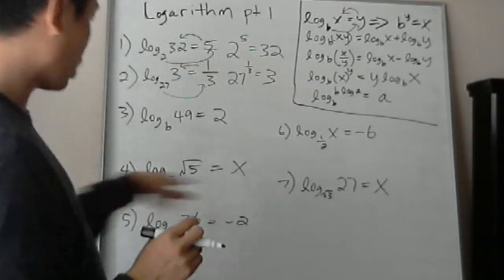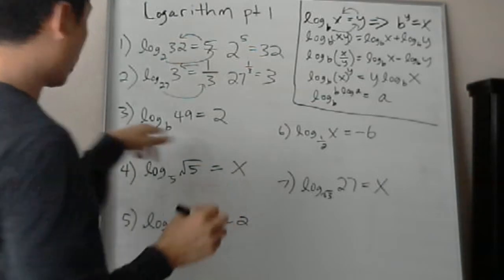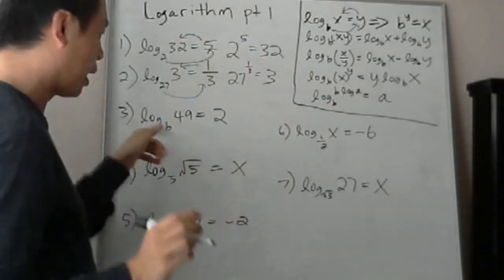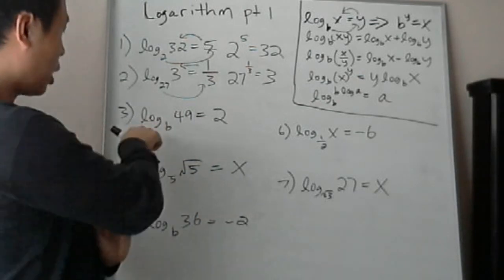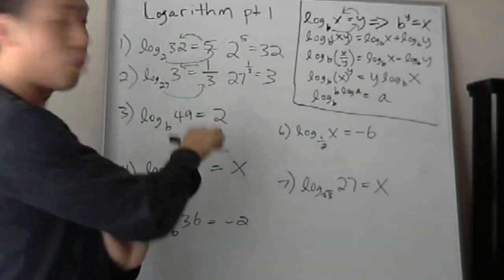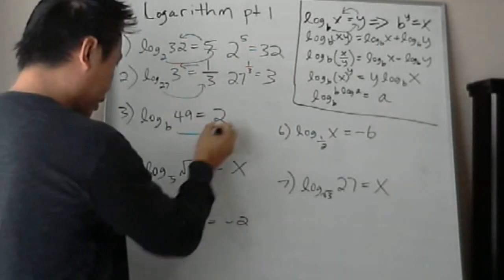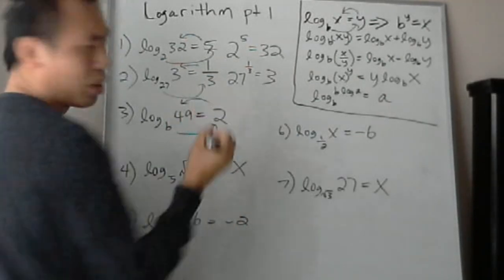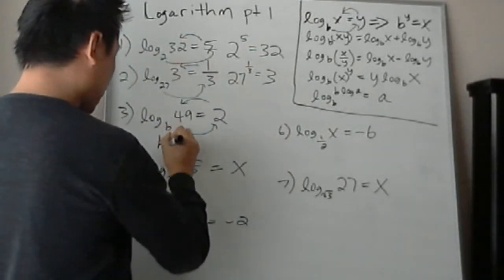Actually, wait, no, number 3 we're solving for a variable. I just realized we're solving for b. So number 3 is log base b of 49 equals 2. So we do the counterclockwise thing again. It's just easy to remember this way. And after a while, it'll speed up in your head. So that's b squared